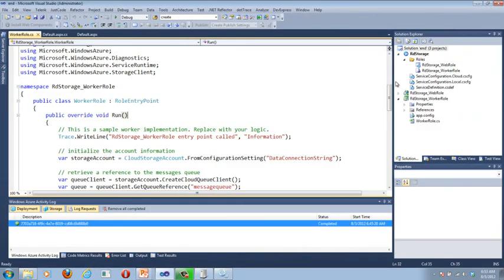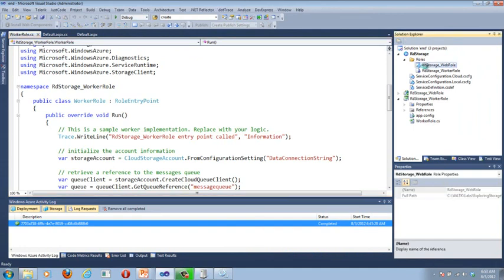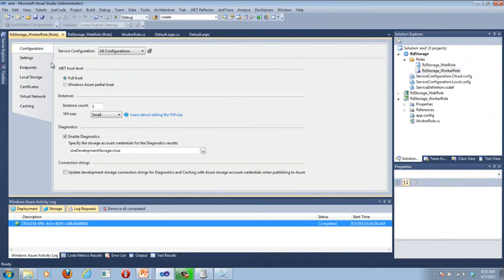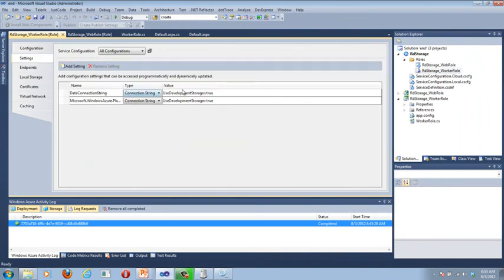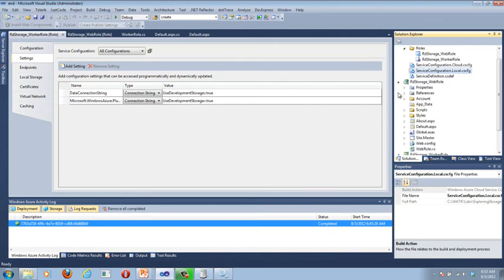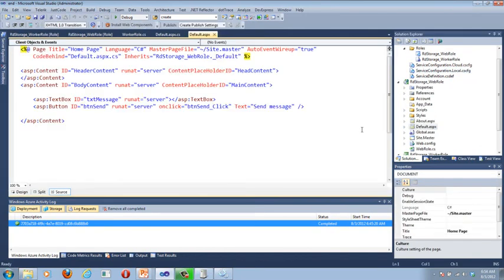First of all, in our web role, we have a data connection string, and I'm using development equals true, and also in the worker role I have a data connection string, use development equals true. In my web role, the default page right here, I've got a text box called txtMessage and a button called btnSend. And what happens is that when you click on this button here,